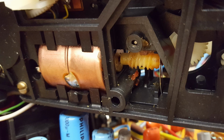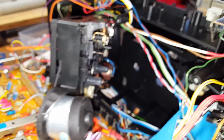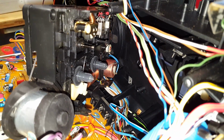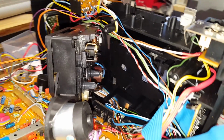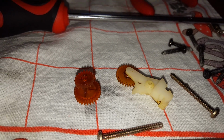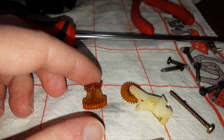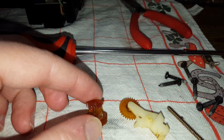As you can see, the motor is mounted sideways, and there is this worm gear, which is quite interesting. Haven't seen that before. And now to transfer motion to the reels, there is a gear assembly, and that's where the problem lies. Here is the gear assembly, and these gears are, well, this is what River, formerly known as